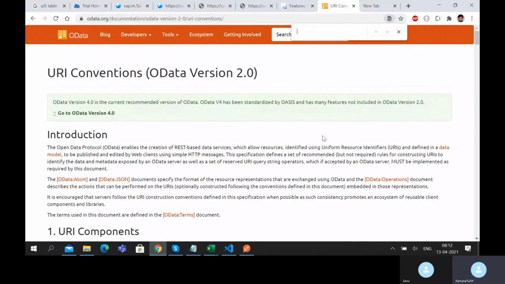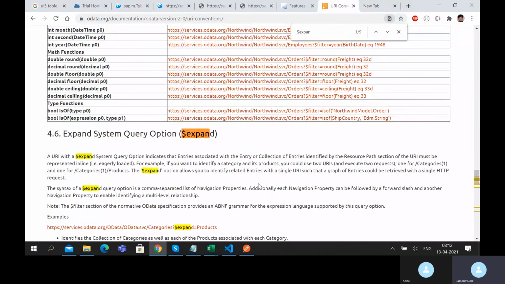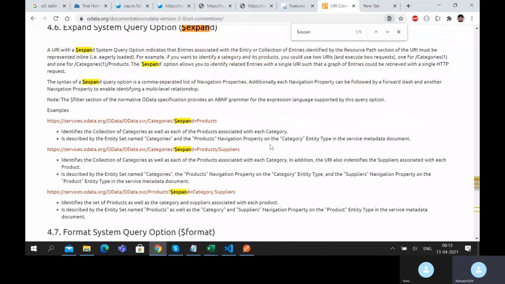You can check for dollar expand. Here they'll tell you how to use it, etc. There are different cases in entity sets as well. Okay, I'll not complicate it now. For now, I'll tell you the basic scenario. Then during the project phase, I'll explain the different kinds of drill down scenarios we face. There are very complicated scenarios, and it's not very practical to discuss them at the start of the